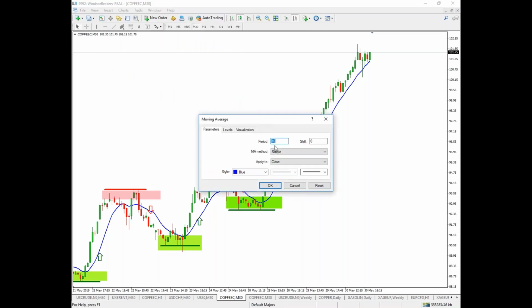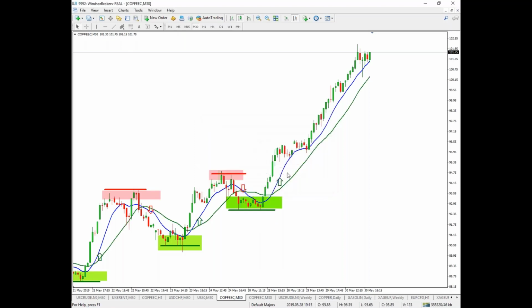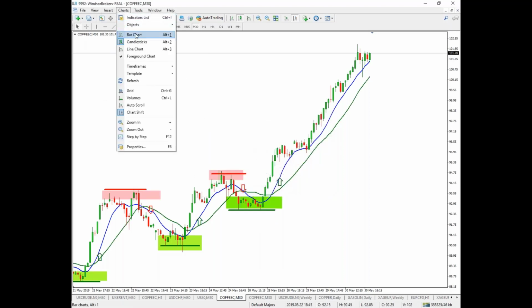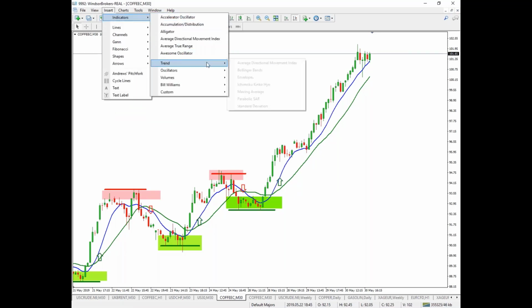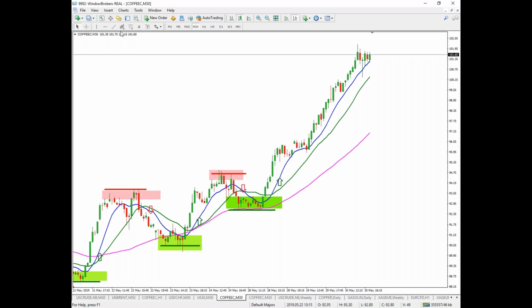So let's put the next one, 20. Let's insert the 55 days moving average. And let's put 200 days just to have